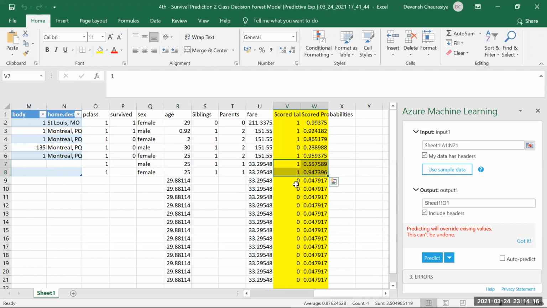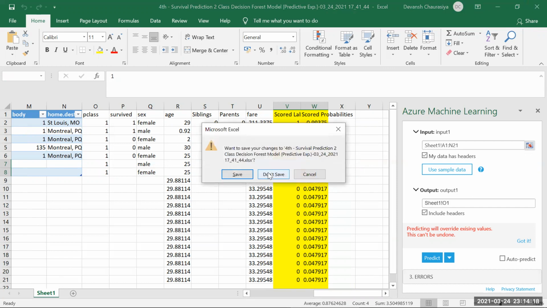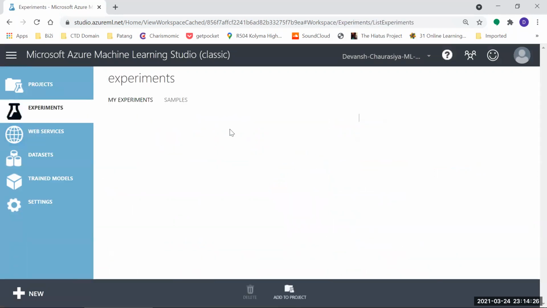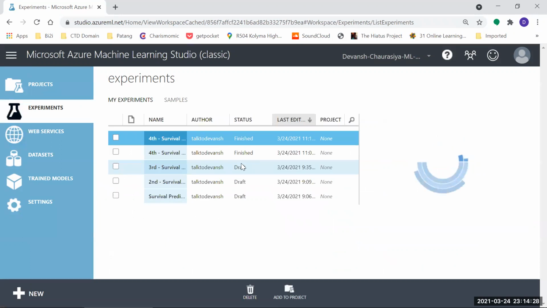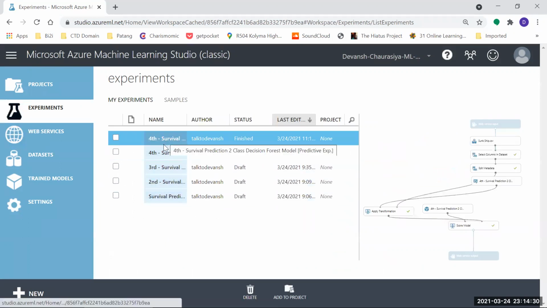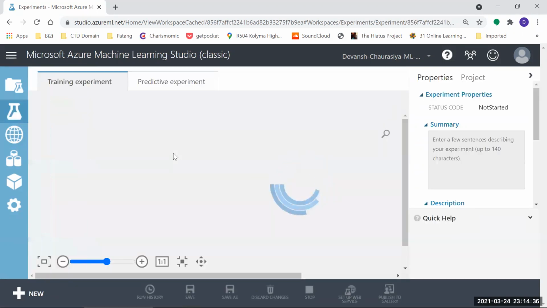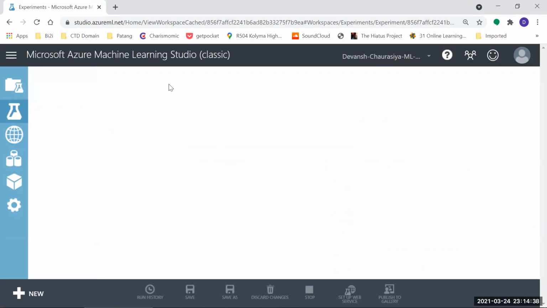If you want to bring a little change in this, what we can do, we can close this, don't save, and we can go back to the experiment. There were too many columns. So what we can do is we can come to the experiment and open the predictive experiment.